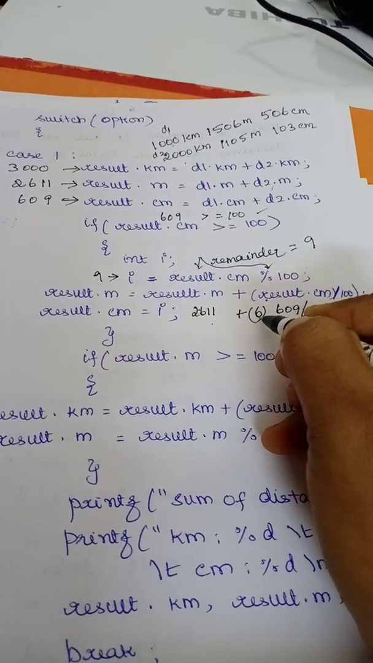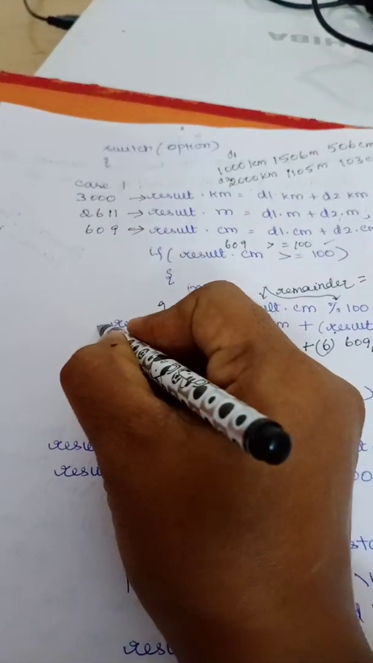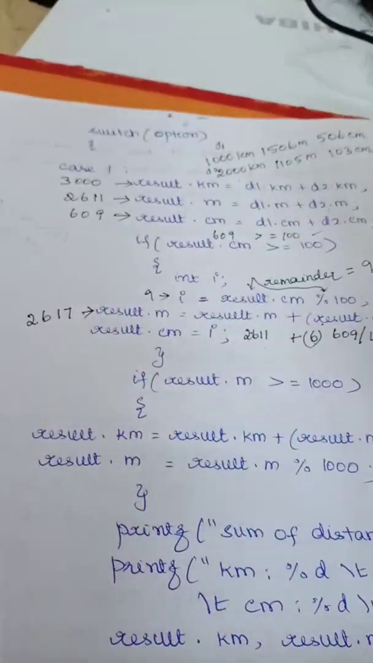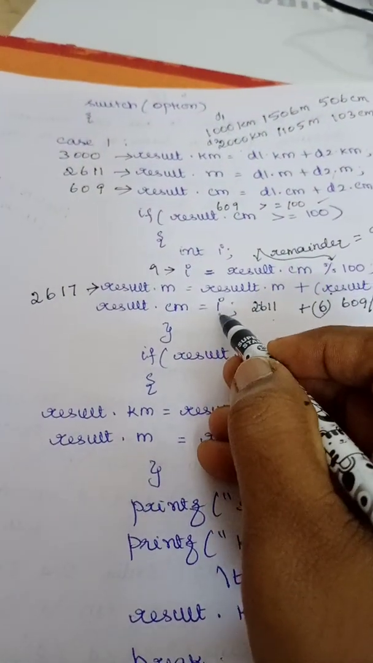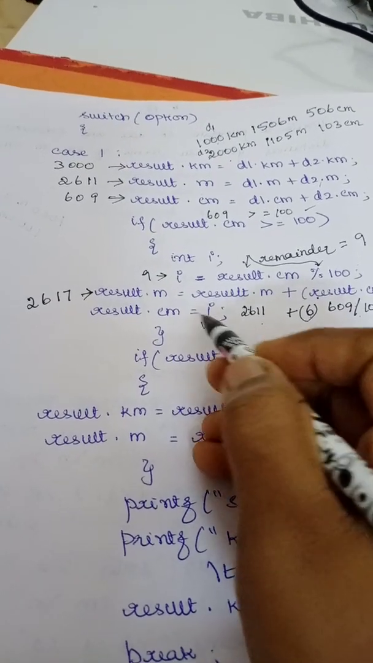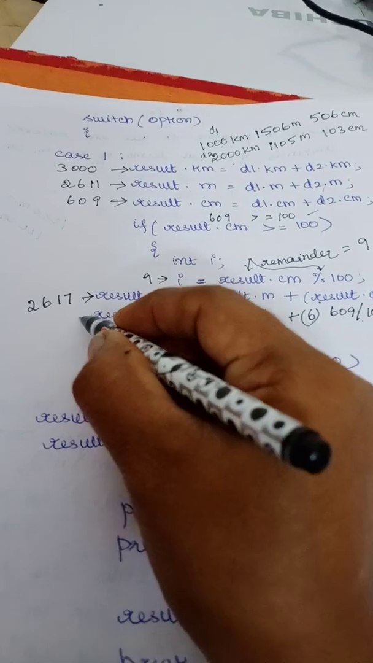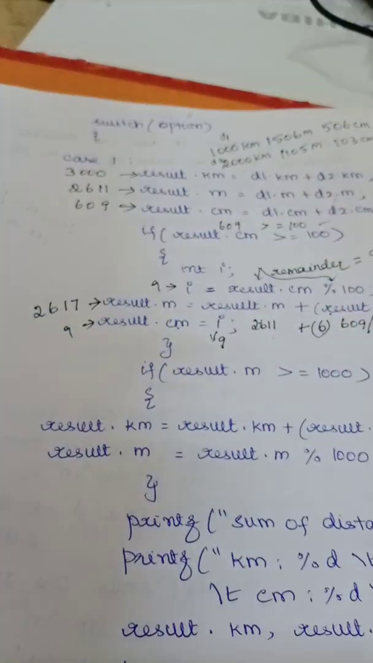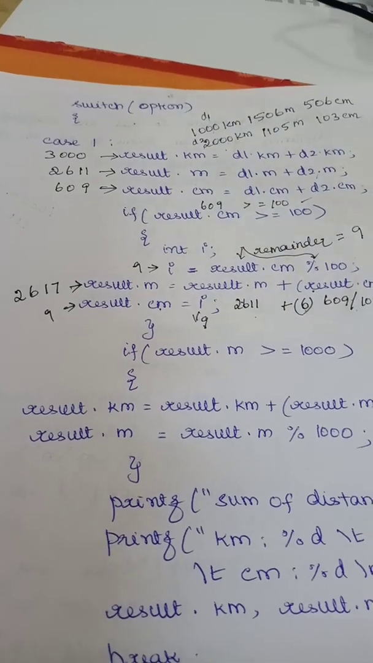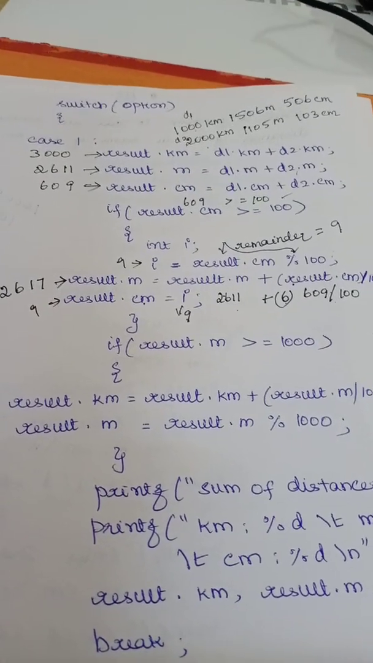2611 plus 6. So what is my new result.m? 2617. And what is my I value here? My I value is going to be 9. This 9 I am going to store it in centimeter. Is that clear? Right. Now, I need to check for my meter also because I need to convert my meter